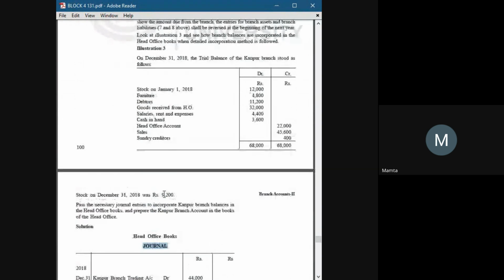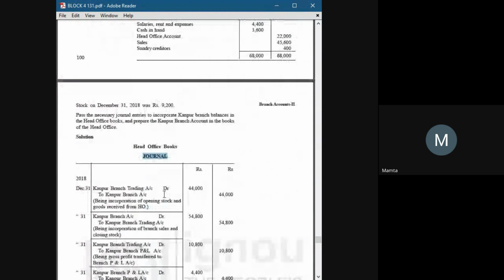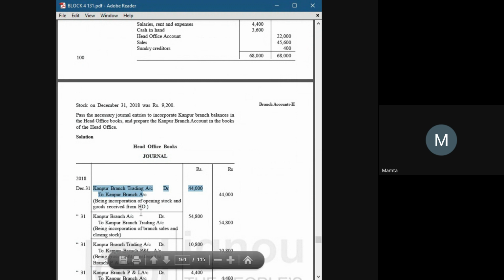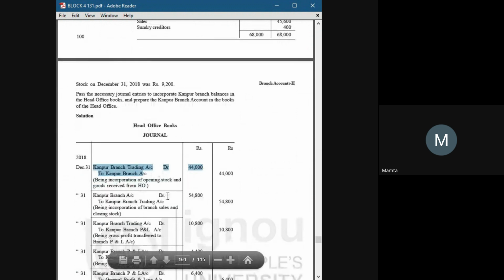And for that, we needed to make a trading account as well. The entry of trading account: Kanpur branch trading account debit to Kanpur branch account. This is the debit side. Now, for the credit side, the amount would be Kanpur branch account debit to Kanpur branch trading account